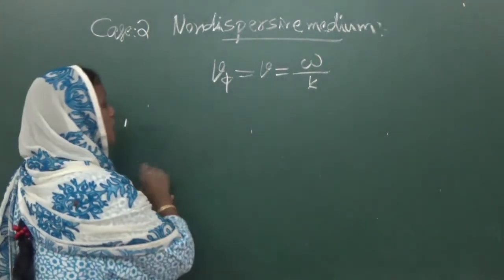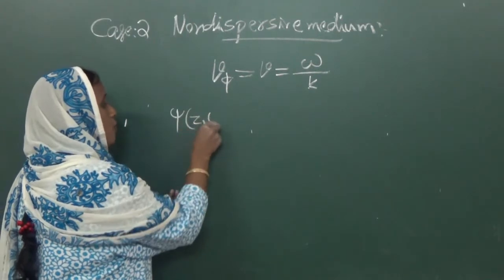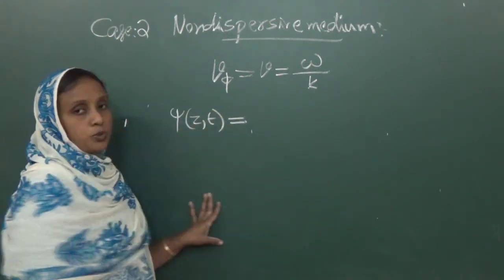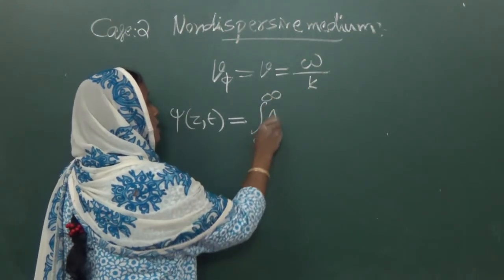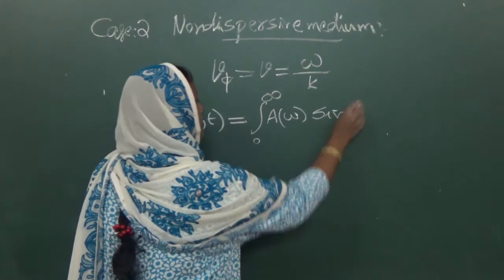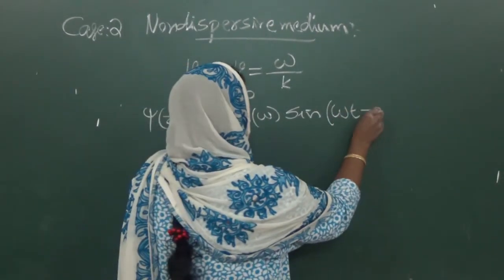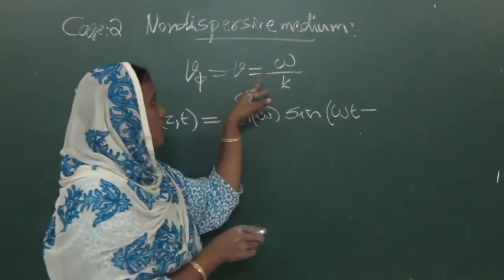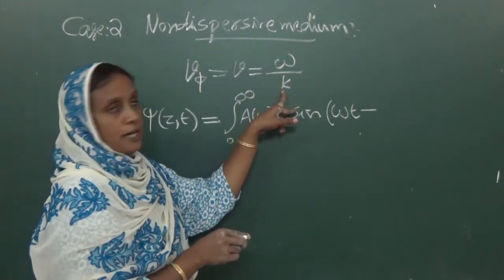So the expression for the pulse psi z of t equal to integral 0 to infinity a of omega sine omega t minus kz,